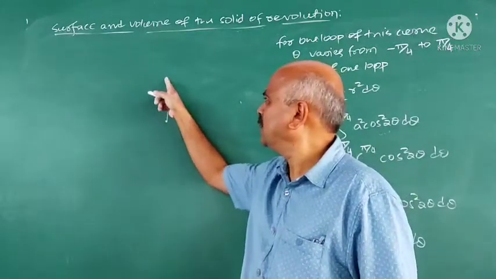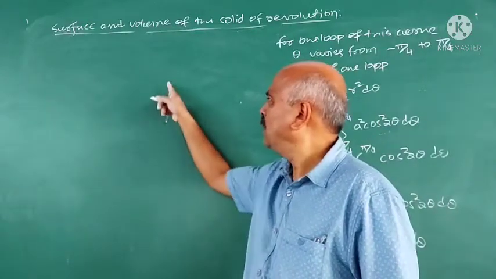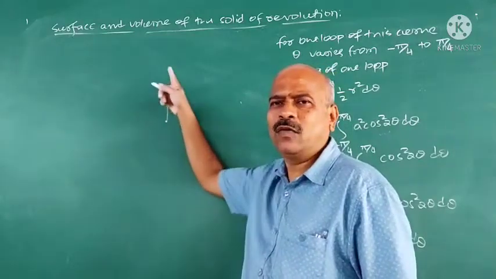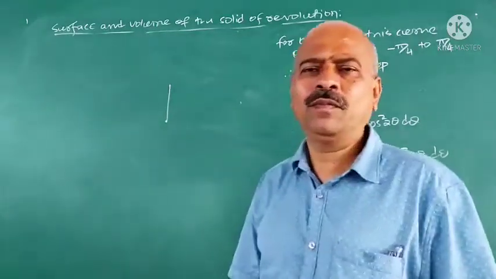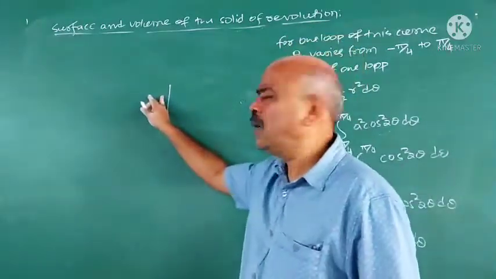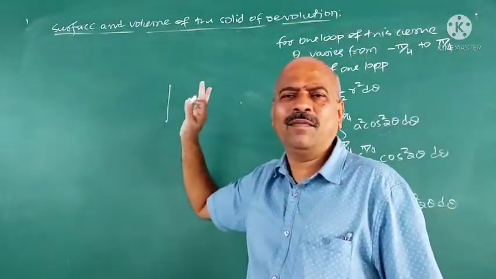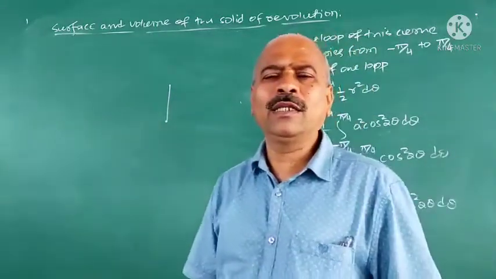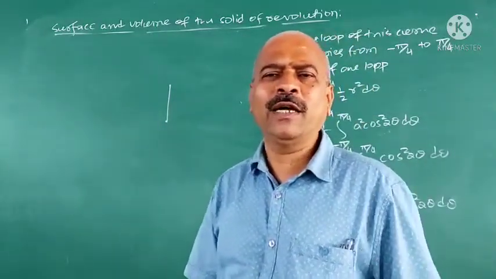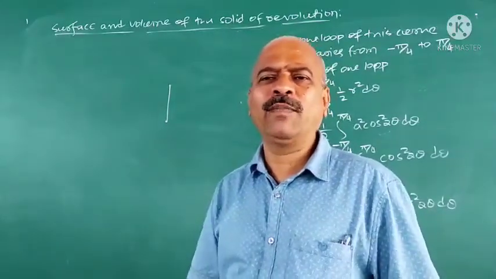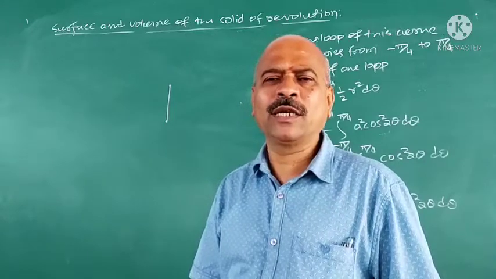If this line rotates about this point, then you will get this one. Correct? What is this? It is a circle. See, we have not rotated any area, because this straight line doesn't consist of any area. So we have not obtained any solid here. We have obtained again a plane curve, that is a circle.